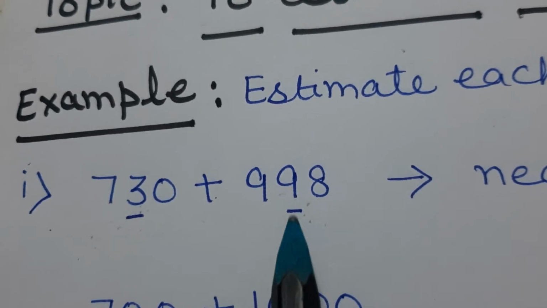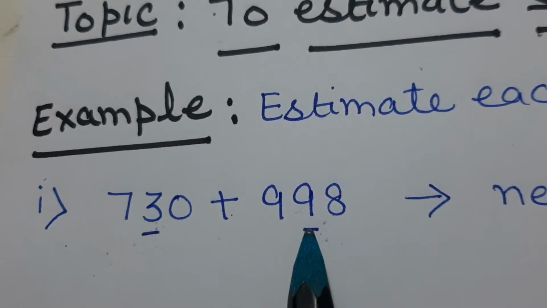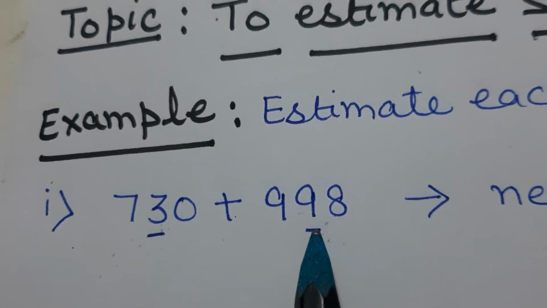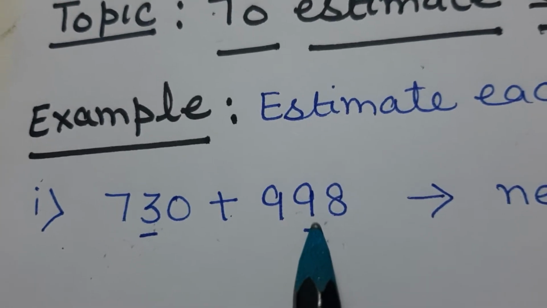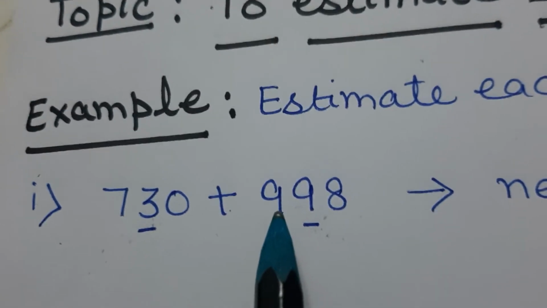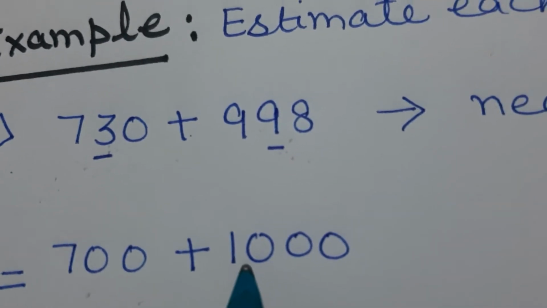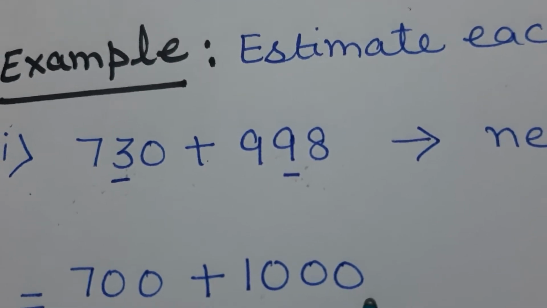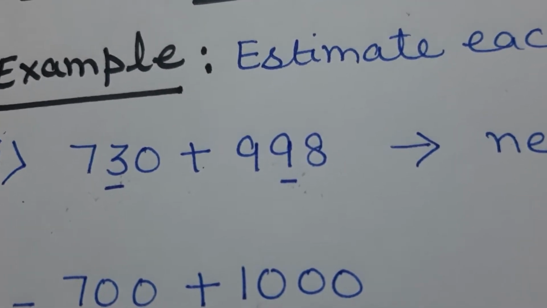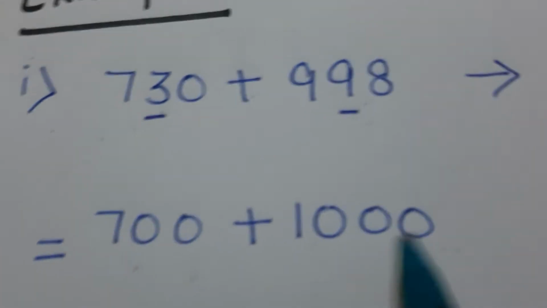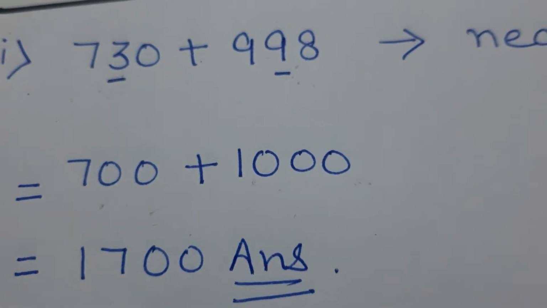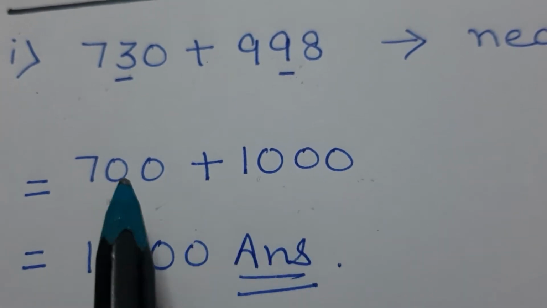Now in this number on the tens place, the digit is 9, which is greater than 5, and if the digit is greater than 5, then the number is rounded up, meaning 9 will become 10 and the last two digits 0. So it becomes 1000. Okay, so after rounding off the numbers, we will add both these. 1000 plus 700 is